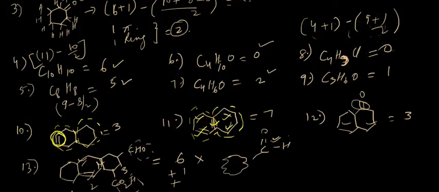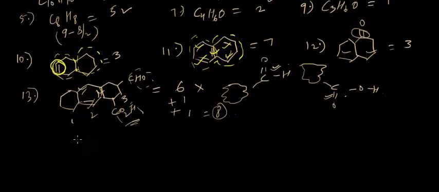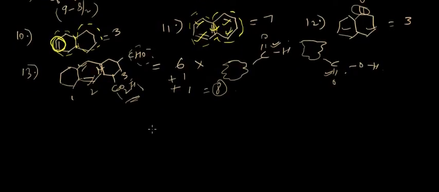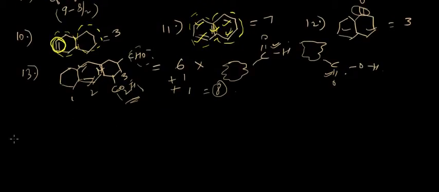No. Why? Because we have not expanded this CO2H. So CO2H's internal structure is C double bond OH, and this is the ring structure. Right, so there is one more pi bond here, so plus 1. Total answer would be 8. So, okay, let us take some more examples for the calculation of the DBE for bicyclo and spiro compounds. Okay, so now if you take a look at this structure,